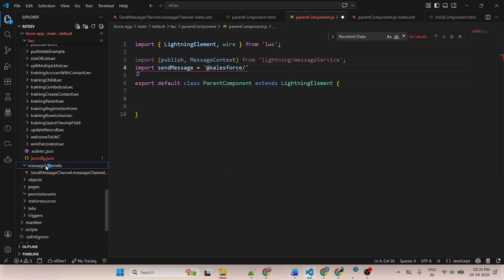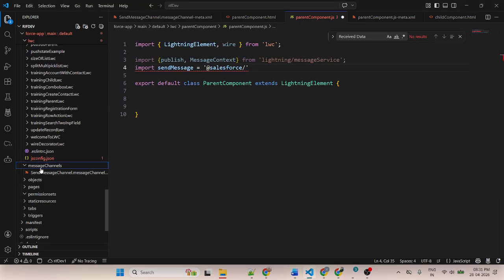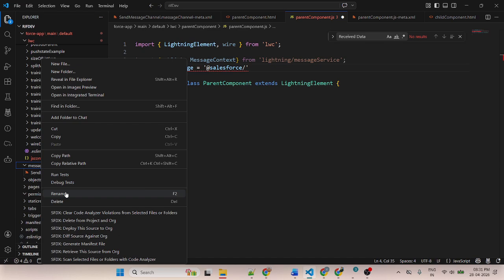This is a folder name. Rename and copy. Similar. This one. @salesforce, then folder name, then component name. Component means file name. So this is a component. This is a folder name.